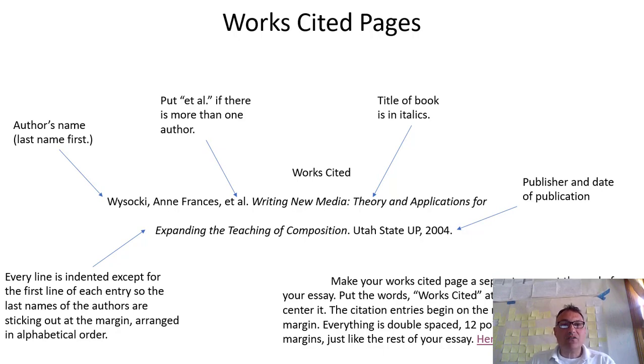In general, the citation format tends to follow this format: author, title, and publication information, with every piece of information separated by periods. And I understand I just showed you a citation tool that does everything for you, and you can just copy and paste it into your works cited page, which is great because it saves you a lot of time. But I would like you to be familiar with the general format: author, title, and publication information,